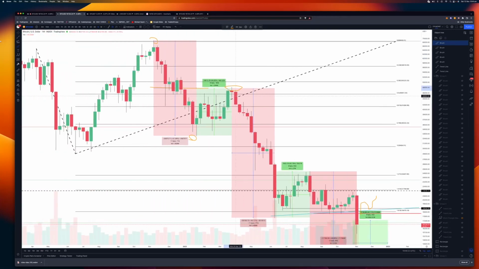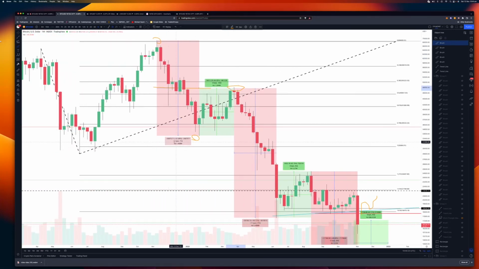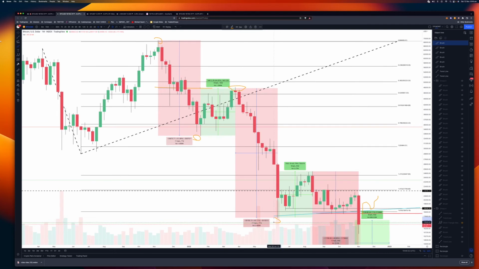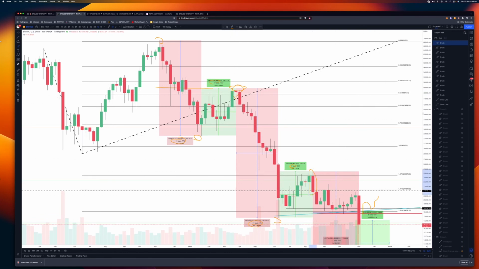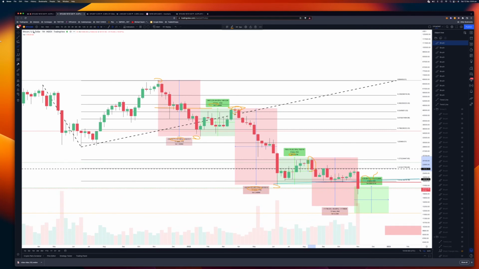The weekly is better. 11 bars from top to bottom, and then 9 bars across for this phase, and from top to bottom again, it took 11 bars. So 11 bars, 11 bars, and then we had 9 bars, 9 bars across. And as you can see, at each time there's a pivot candle. Yep. So we're playing that